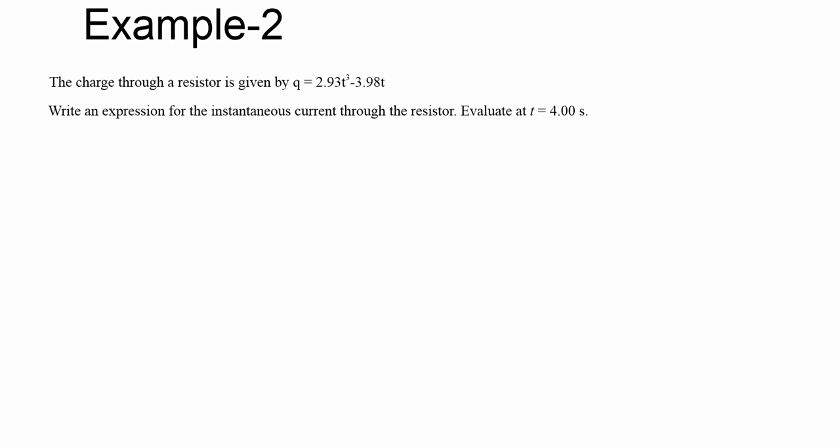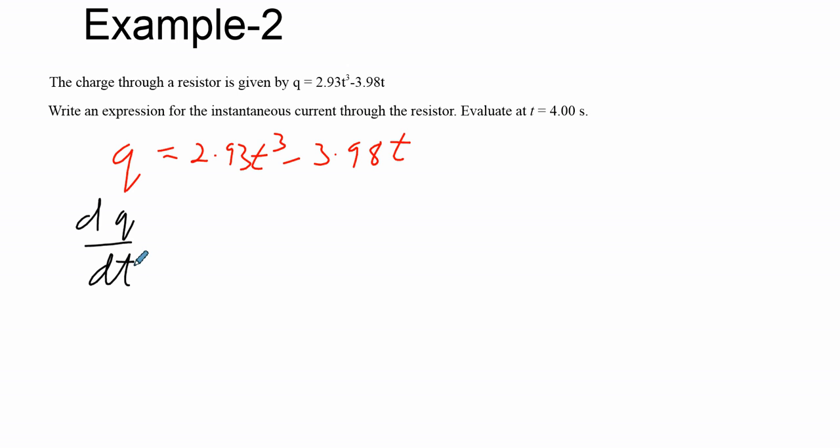To solve this one will be the same as the one we did. Just write Q equals to the function given, Q equals 2.93 t cubed minus 3.98 t. So what you need to do is to find the derivative of this one. So it will be dq dt,